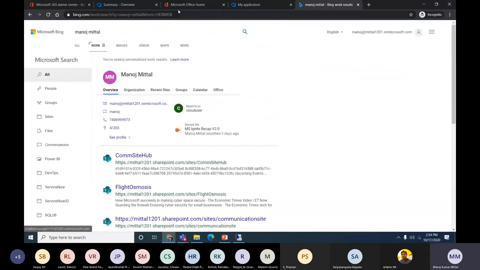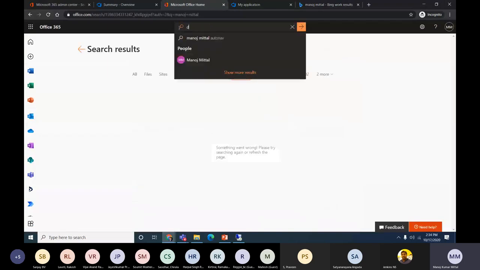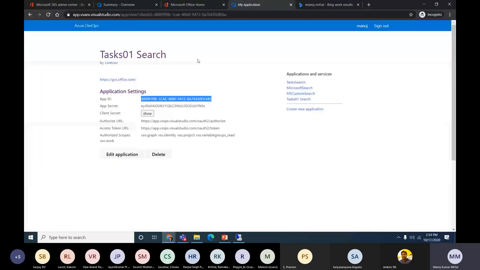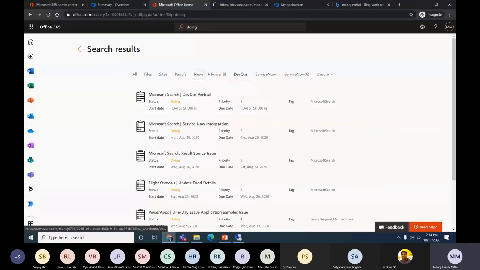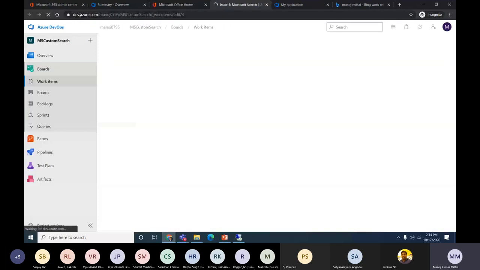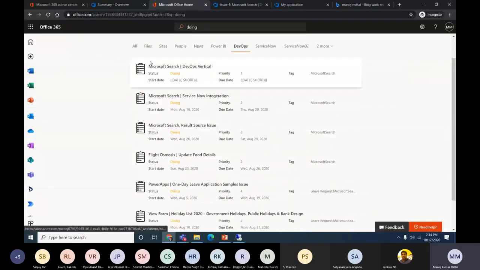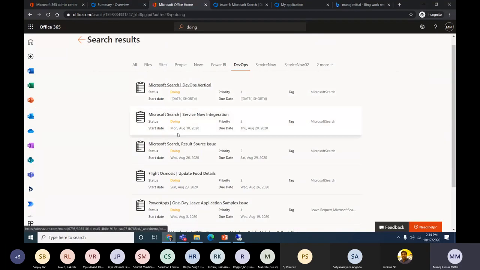Right. So the DevOps section. Let me go here and search. I have crawled a few of the tasks in my DevOps environment. This is the DevOps task coming here. If you click it, it will open the DevOps section, you'll see devops.azure.com. This is the task I have, and I'm just getting this content crawled into Microsoft Search. This card is in our control. We can design this card in our own way, with the controls Microsoft has provided and the properties we need to set. We can do a little bit of color coding also.